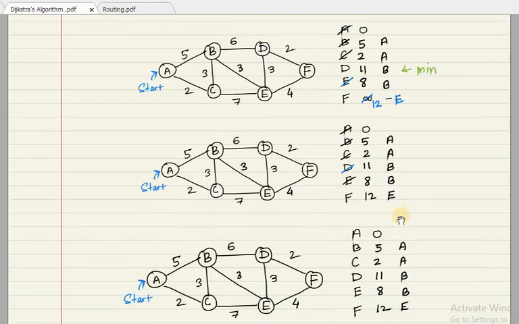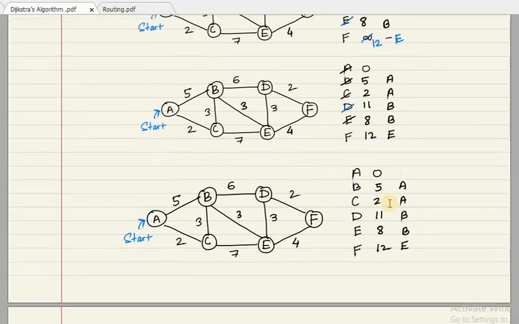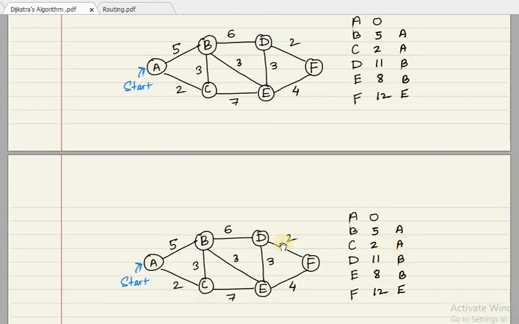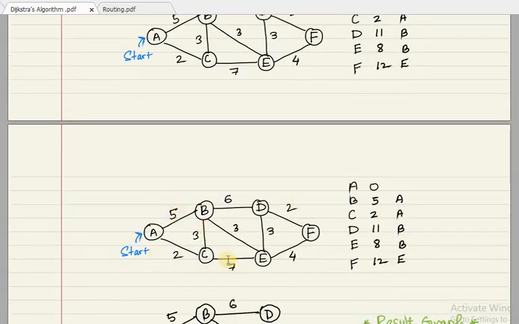Now we are only left with F, and there is nothing to compare, right? There is no link left, so there is no point concentrating on F anymore. So you can just stop. There are no changes required anymore, so basically the computation is done. In the end, we had this initial graph with the cost associated with the various links, and after a lot of computations we have found the resultant table. This is actually the routing table that we have.